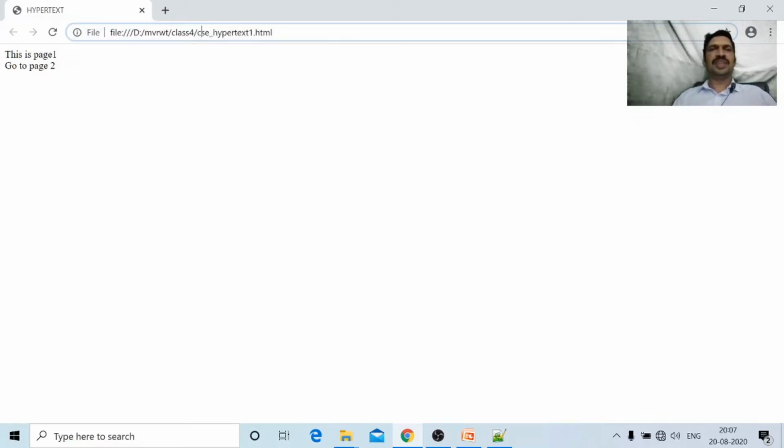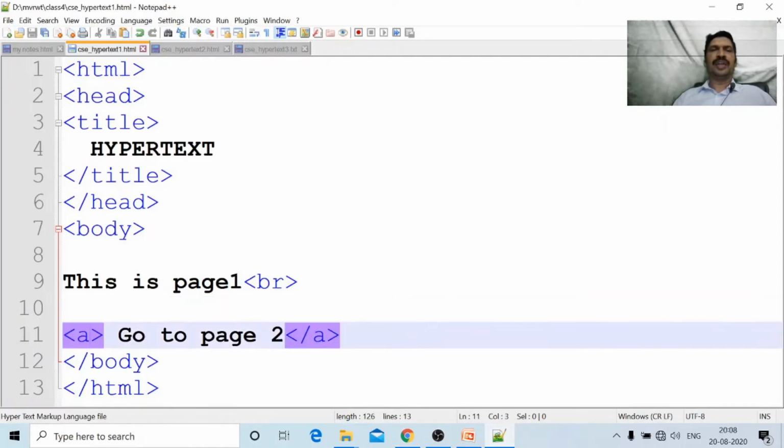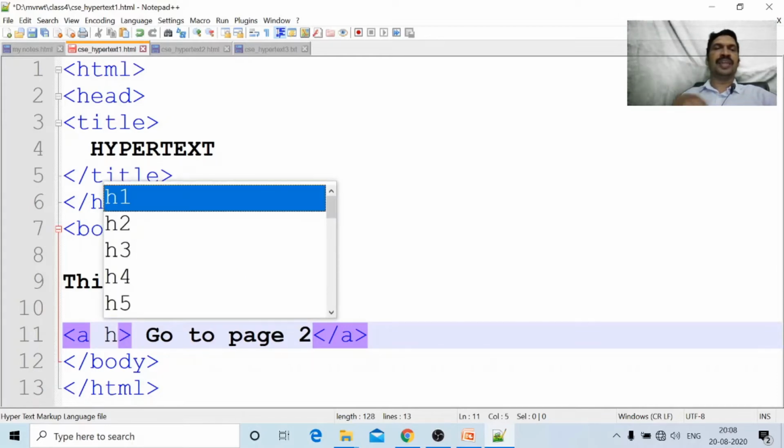What is the attribute of the anchor tag? The anchor tag is used for clickable text. Whatever text appears between a and /a is considered hypertext. The attribute for the anchor tag is href.